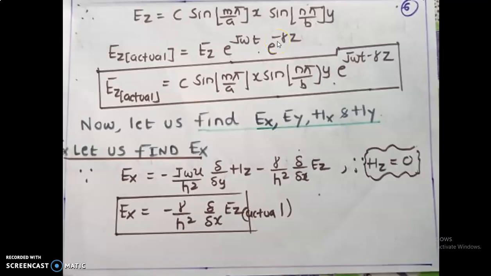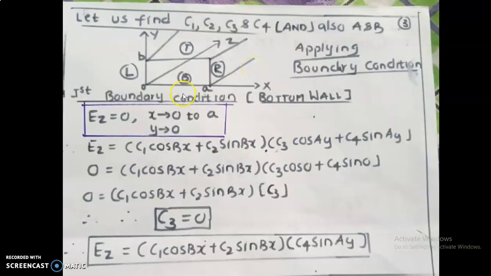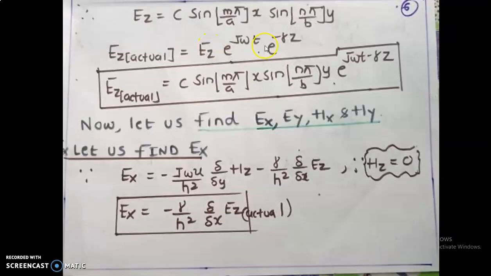Minus indicates the reduced version. The simple logic is that as a wave propagates in this direction, it keeps on reducing, so mathematically we can represent that reduction factor as minus. So now I can see that it's a magnitude propagating in the signal form of complex exponential, and this indicates that the wave is going to propagate in the z direction, and this is how we form the actual signal. So now we got Ez actual as this version. What we have done is that we have substituted Ez here, remaining as it is.